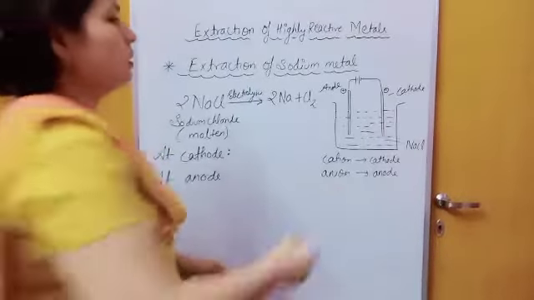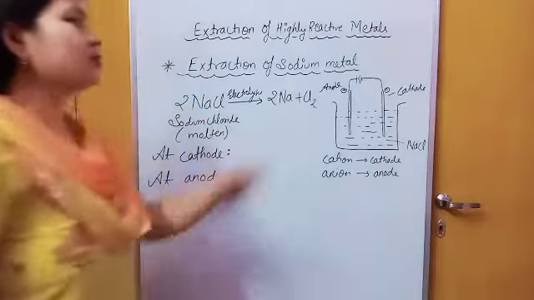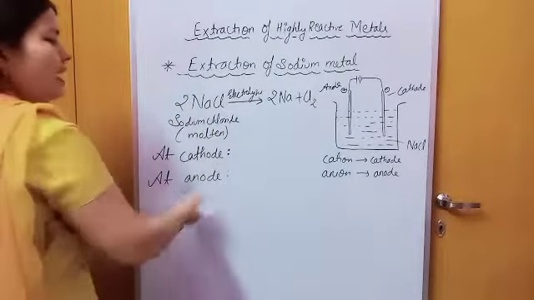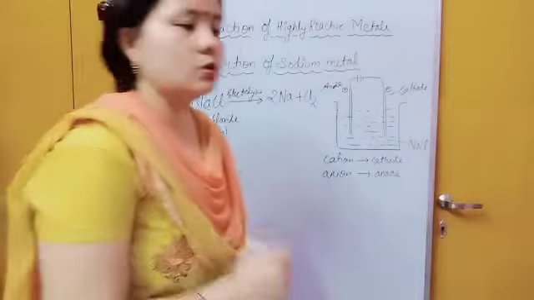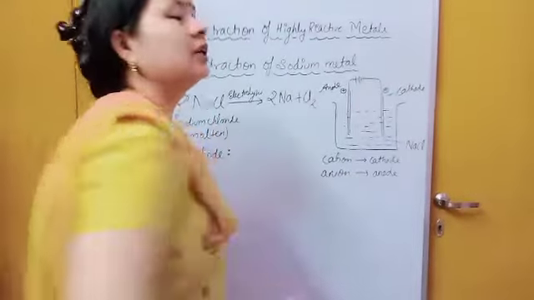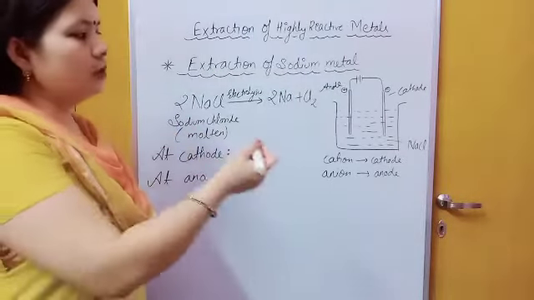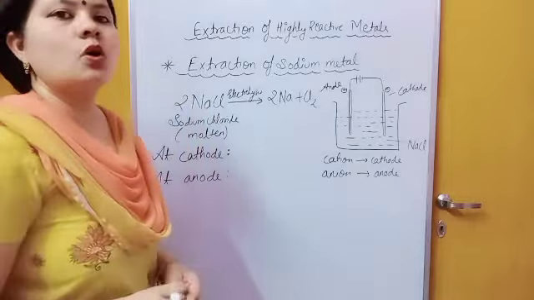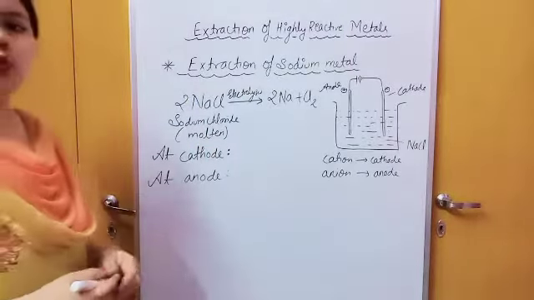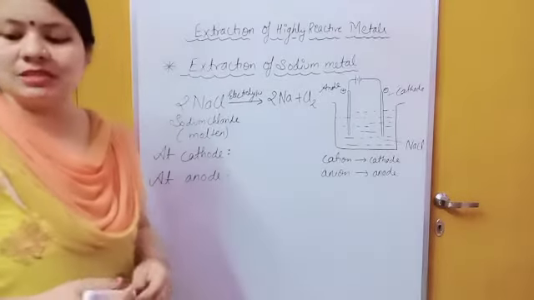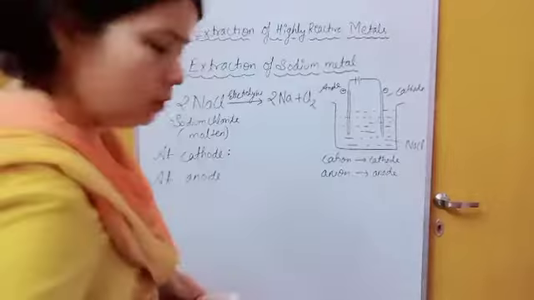So the ions move towards their electrodes and the reactions occur at the cathode and anode. Which type of reaction occurs? Remember, this is very important: at the cathode side, reduction always occurs, and at the anode side, oxidation occurs. At the cathode, reduction means gain of electrons. So in this case, let's see the gain of electrons.